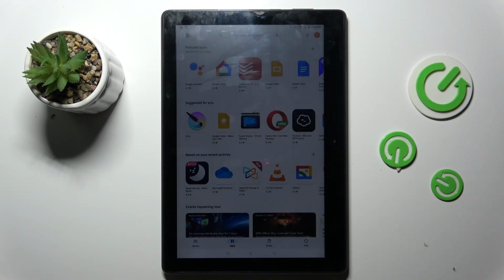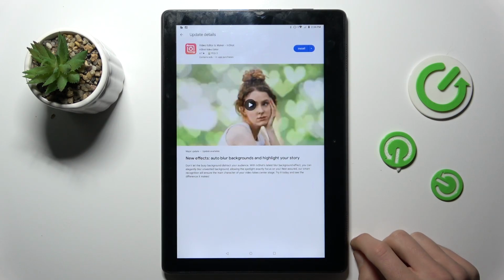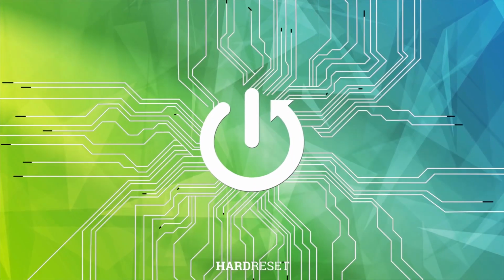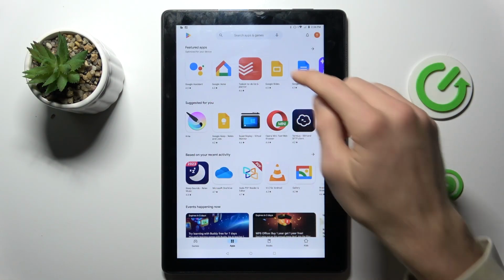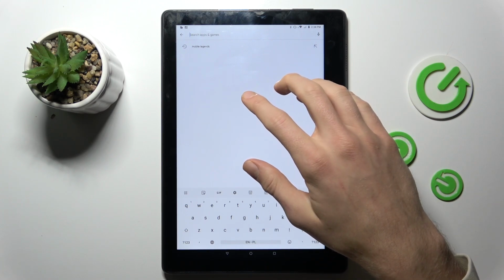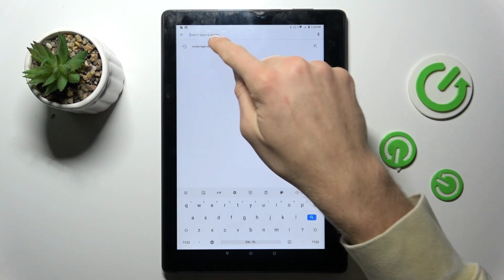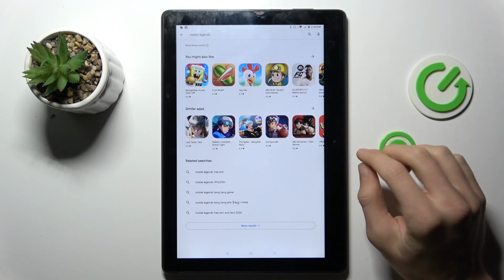that game not visible in your Google Play Store on your Lenovo Tab E10. To fix this problem, in the first step I will show you what I have on my mini. We try to install some games, maybe Mobile Legends, and we search it, but we don't have this game in